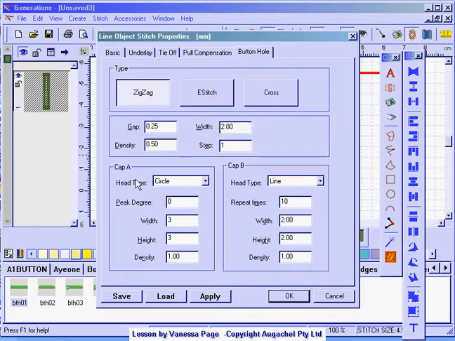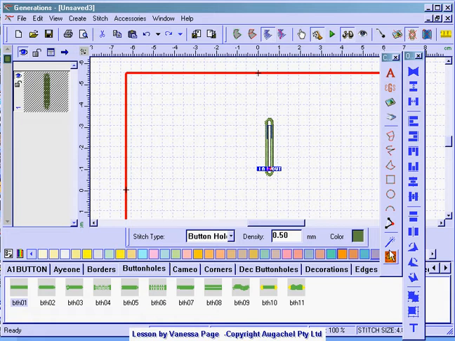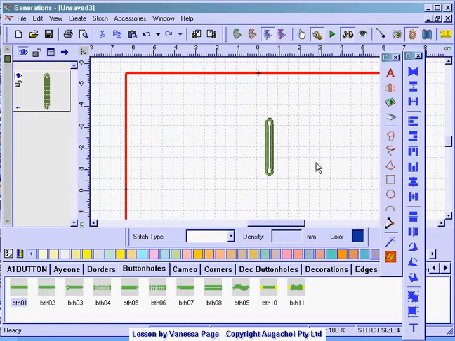I want to change both the top and the bottom of the buttonhole, so I'm going to change both sides to exactly the same. I'm going to click apply, OK, and now you can see I've generated and the buttonhole has been changed. If I select it again,